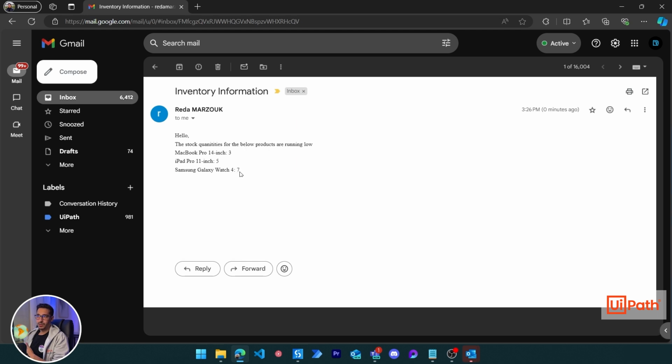So it did work, and I created this process in literally minutes instead of, let's say, half an hour or an hour if I don't use Autopilot. So it is a real productivity tool, and I still think it is one of the best, if not the best, new features that has been